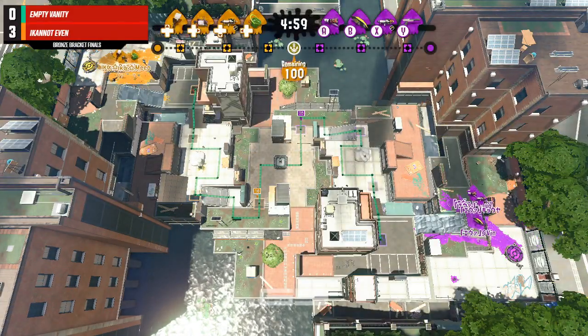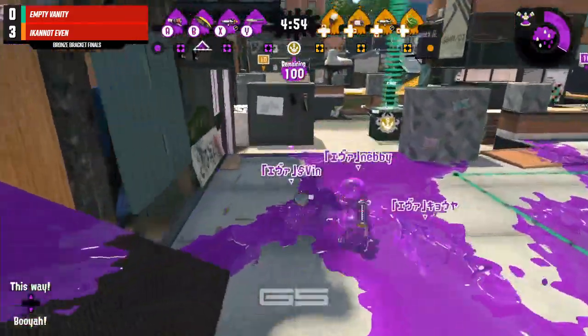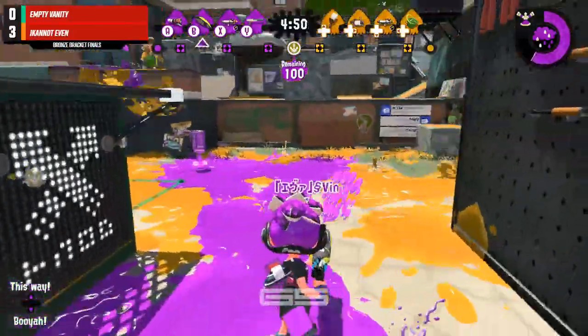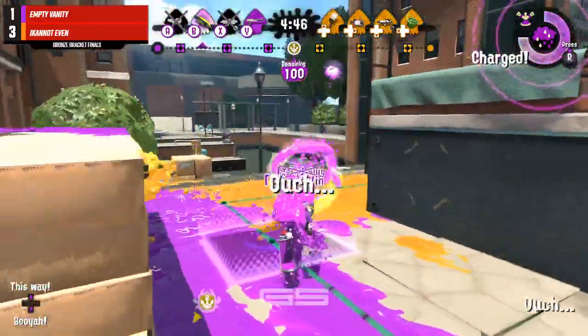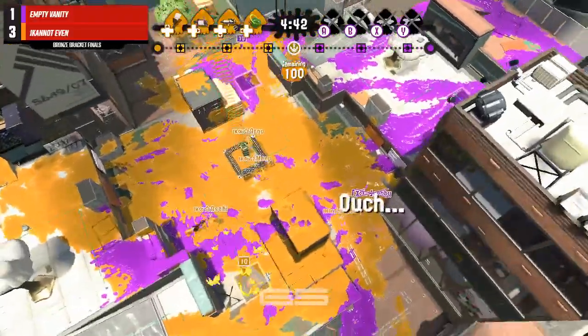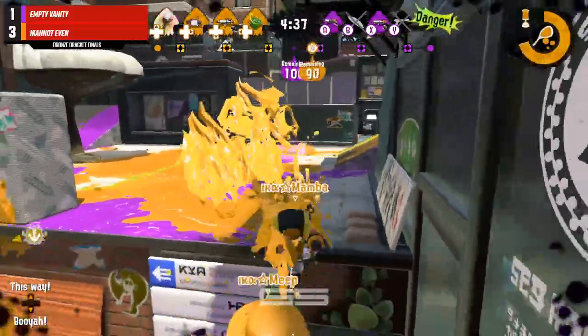Is that a Range Blaster? No, that is a normal Blaster coming out, but no Blasters coming out from good old Empty Vanity, if I'm not mistaken. But we do see, interestingly, a brush still coming out, reminding me of the old Inkjet days. Yeah, the Octobrush just provides such great offensive pressure. It makes it so that anybody who gets close to the tower is going to be in a lot of trouble. And speaking of trouble, Empty Vanity already fully wiped,